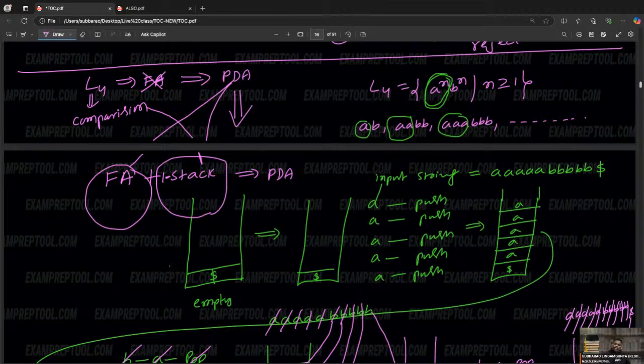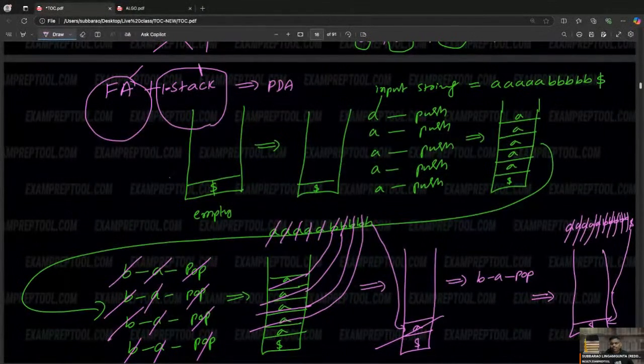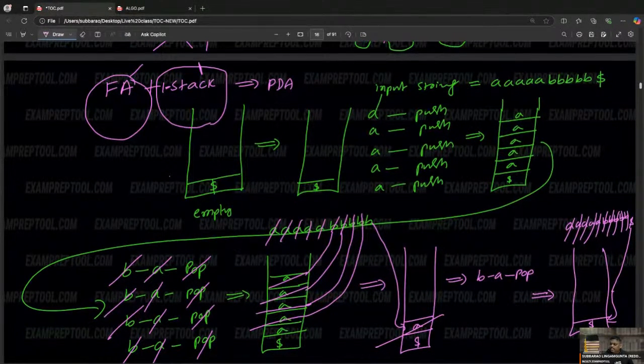I have a stack also, I have finite automata also, I can handle it. So finite automata plus one stack is called PDA. Some people are asking, sir, what is the logic here? You have to solve this problem using one stack. How? A's are coming, push. Very simple. A's coming, push. B's coming, pop. Whenever B's are over, I think A's are also over, then everything is fine.